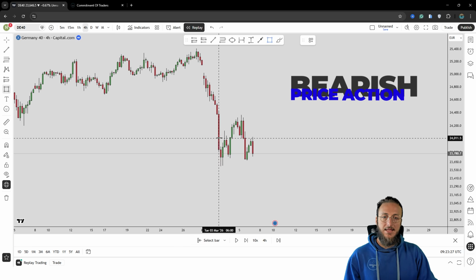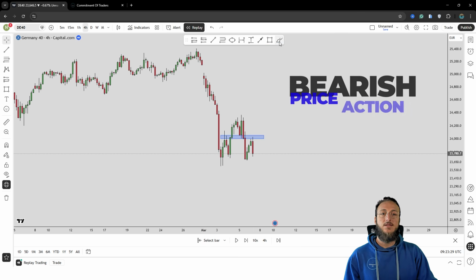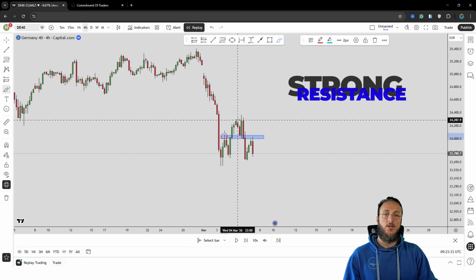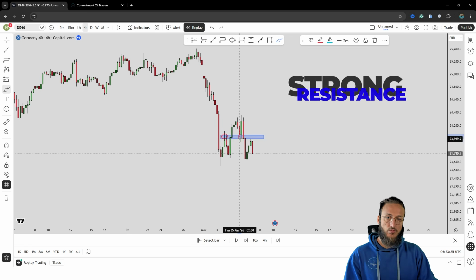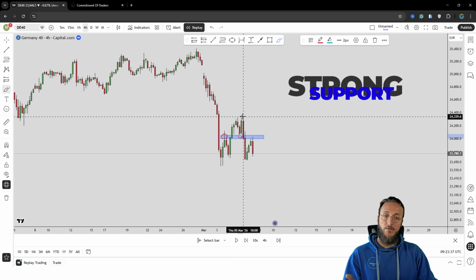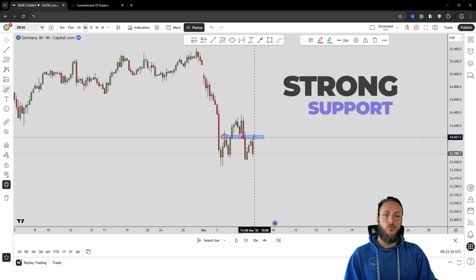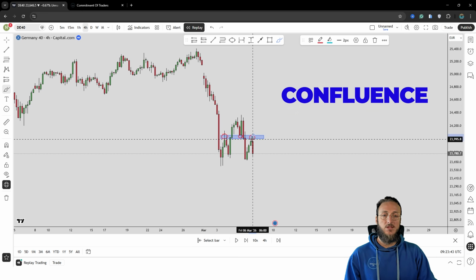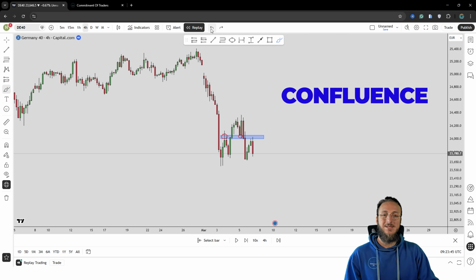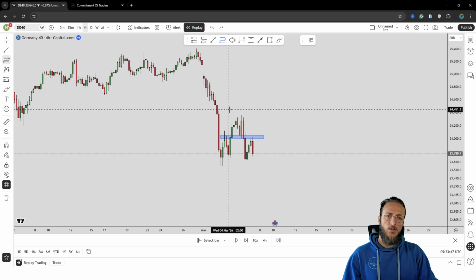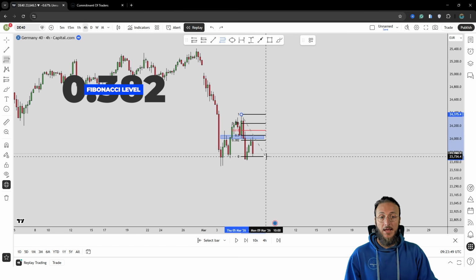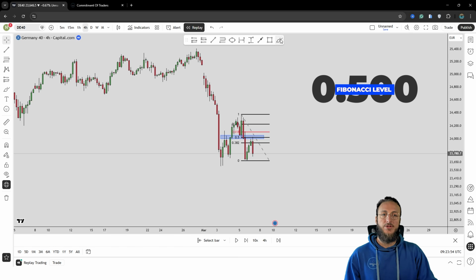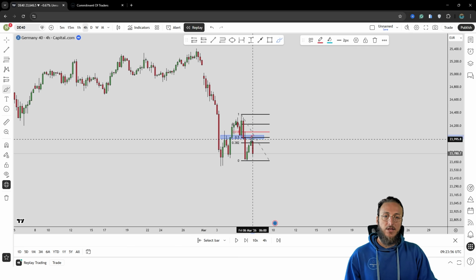We can notice that exactly at this level, we had a previous 4-hour resistance, which the market then broke to the upside, and it became support. The market tried going higher, failed, and broke lower. That previous support became resistance. Actually, here we had confluence of resistance because we had this previous support and resistance, and also the 0.32 and of course 50% of the Fibonacci taken on this impulse leg, and in fact the market stopped exactly